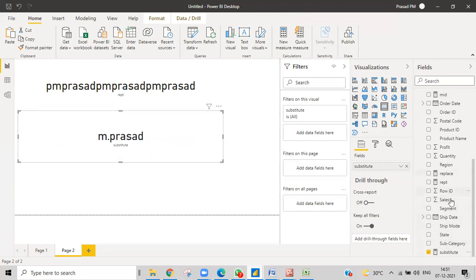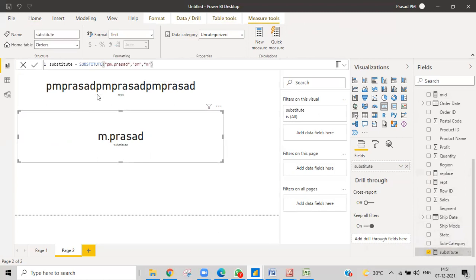This is what substitute does. I have a text, and in that I need to remove the old text, PM, and then substitute something in its place. So I removed PM and made it M. Let me write some N or something else so you can understand exactly. PM will be removed from this text and something new will be given. Earlier, in replace, we gave positions and replaced them with something new, but here we directly give the string and it replaces that.